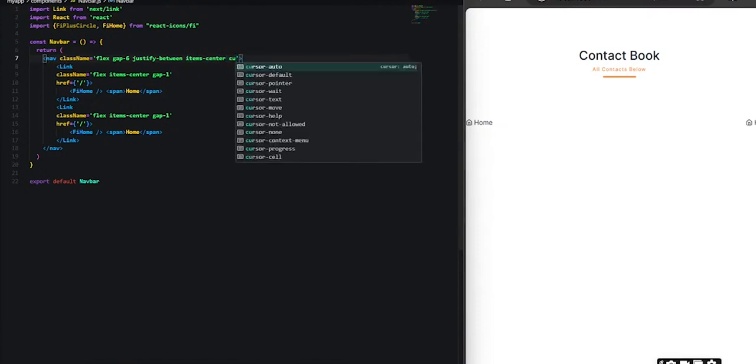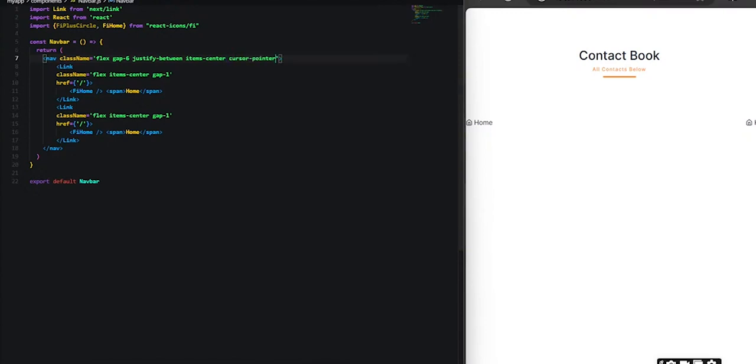And let's go cursor pointer right here. That way, there we go. All right. And let's change this icon to a plus circle and save. And we see we have it updated. And let's change this from home to create. And last but not least, we'll update the href to be /create, and we need to create the